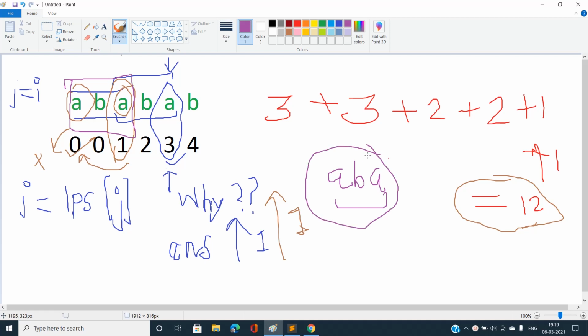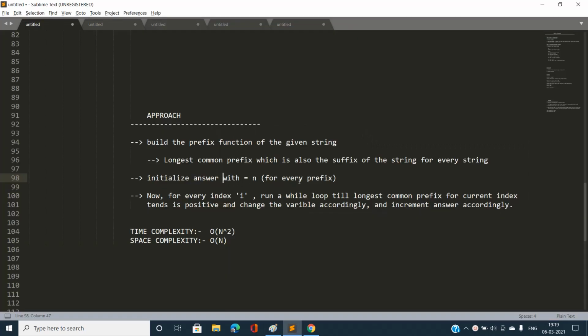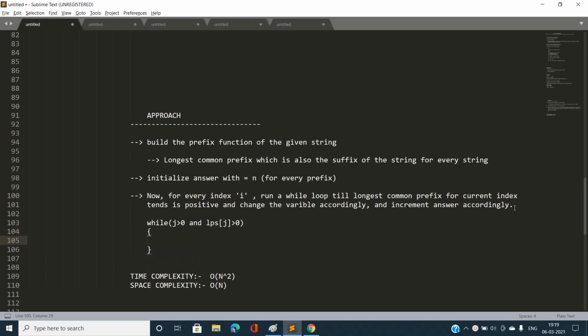Now for every index i, I run a while loop till the longest prefix-suffix value for the current index is positive, change the variable accordingly and increment the answer accordingly. While j is positive and LPS of j is still positive, I'm going to increment my answer.